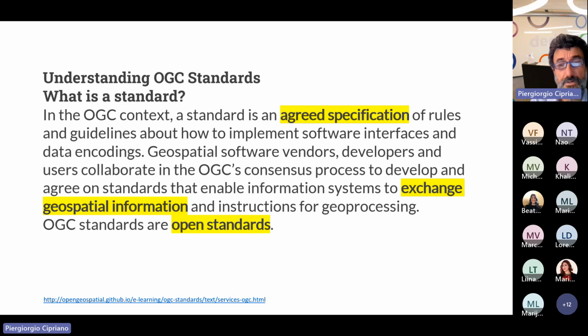And the focus is on exchanging data, exchanging information. Here, since we are considering standards coming from the geospatial world, we are seeing many times the term geospatial, but geospatial only means to have a spatial dimension of data. Also, data coming from sensors and from IoT networks have, in a direct or indirect way, a spatial reference and spatial dimension. It is important that OGC standards are open standards.